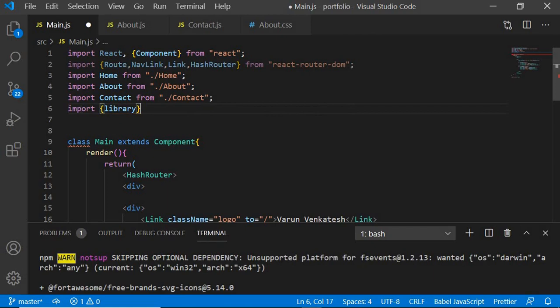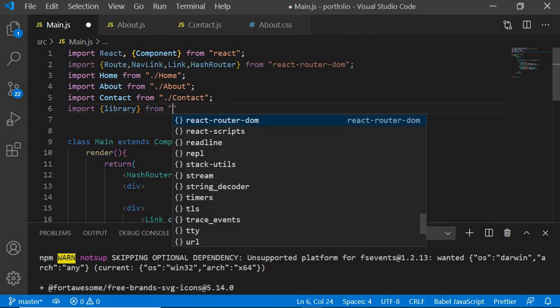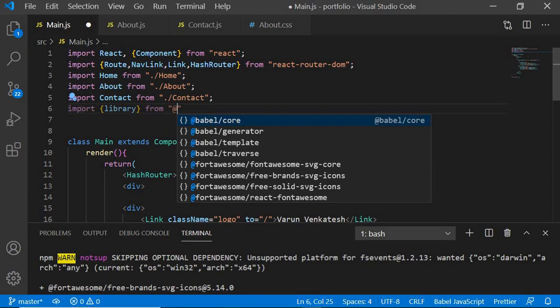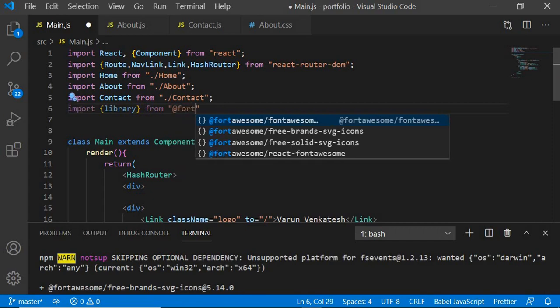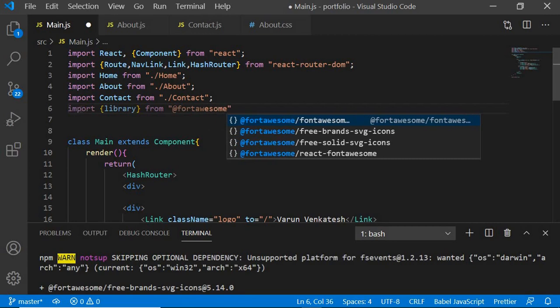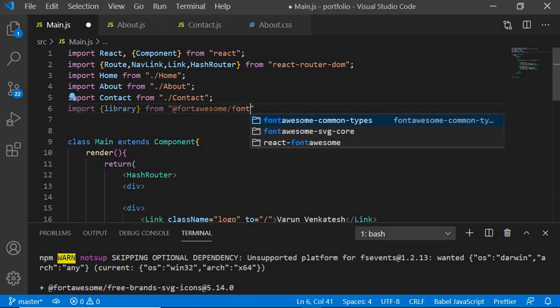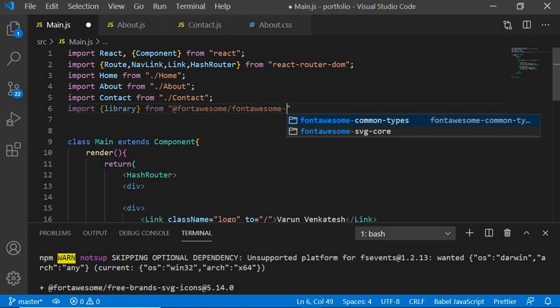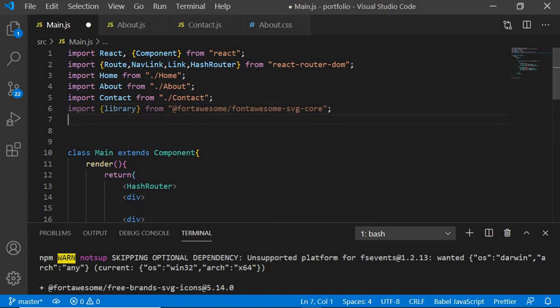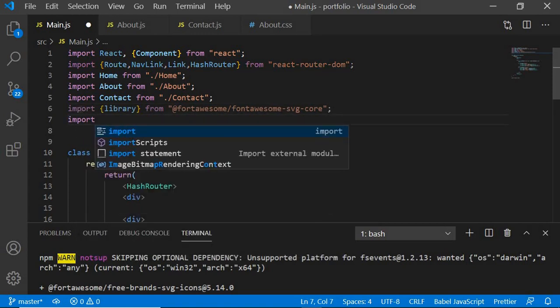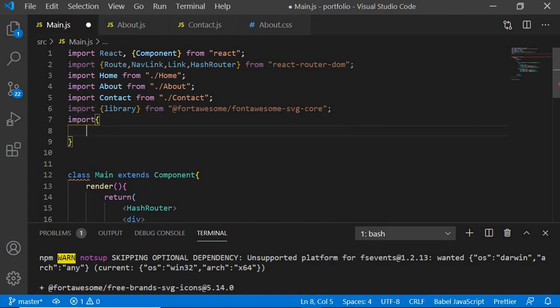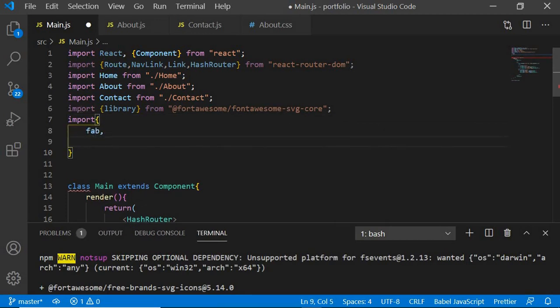library from @fortawesome/fontawesome-svg-core. Alright, after this is done, I am going to import. You can use all of these. FAB is a library that we have to import with the other things. That's what we'll be using. I'll show it to you. Now I'm going to say faTwitterSquare,